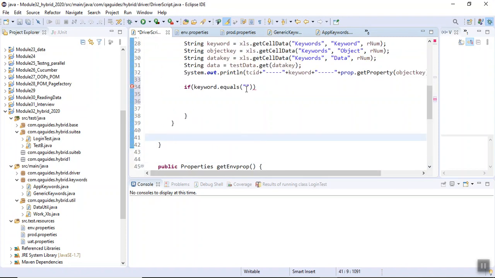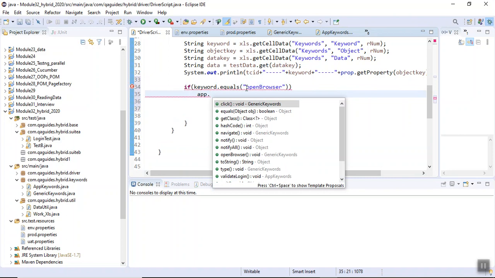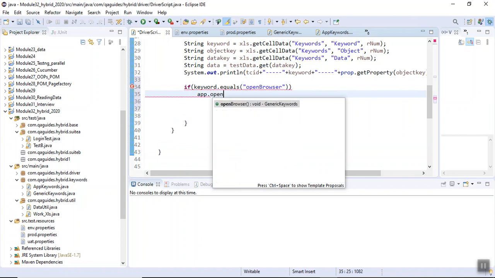Okay, is equals to open browser. In that case, what you should do, app dot we should call open browser.